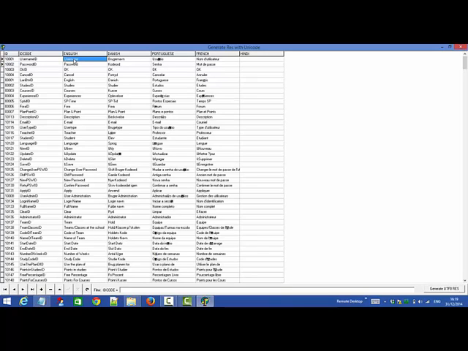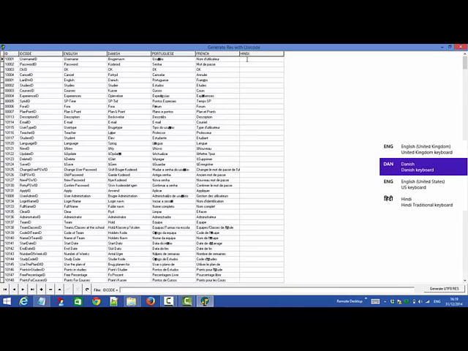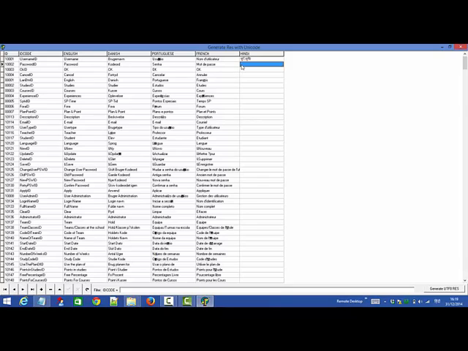So basically what you do is you take the English word, go to the Hindi field, change your font to Hindi, and type. So you have to translate all this all the way down,